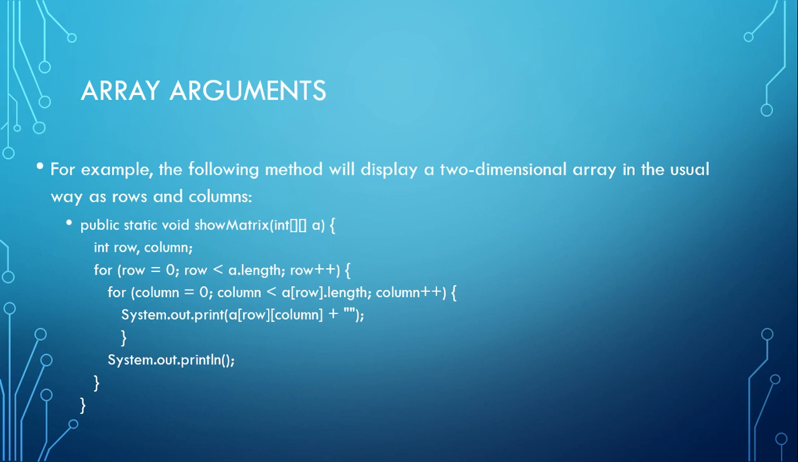and columns. public static void showMatrix(int[][] A): for (int row = 0; row < A.length; row++) for (int column = 0; column < A[row].length; column++) System.out.print(A[row][column] + " "); System.out.println();